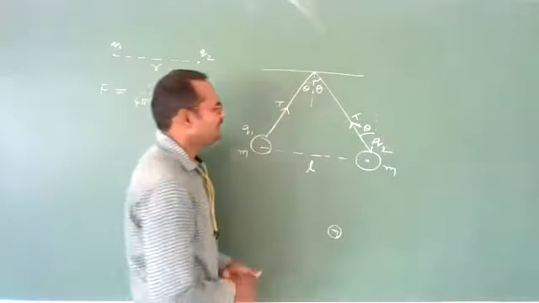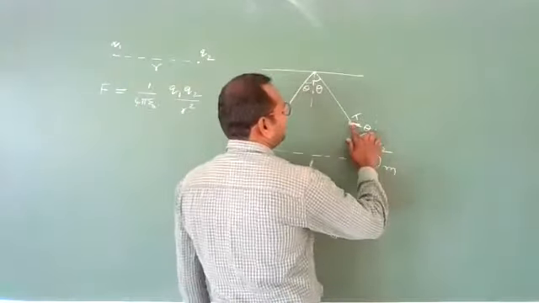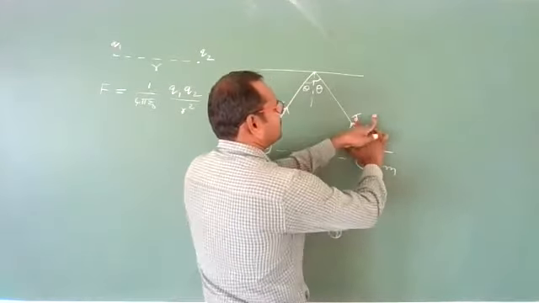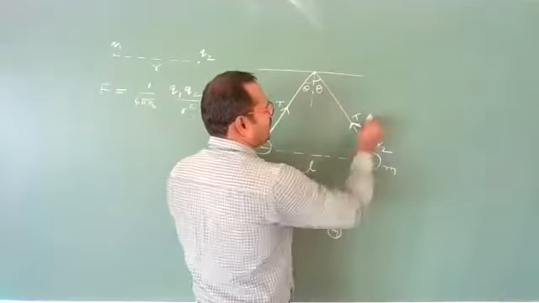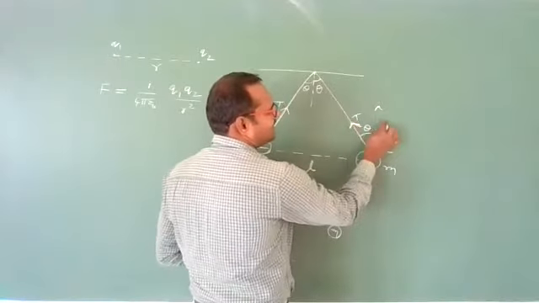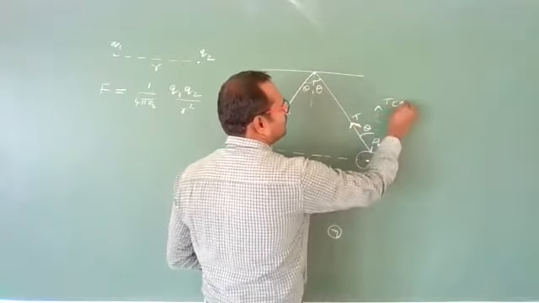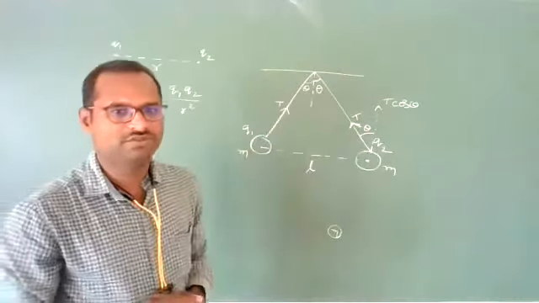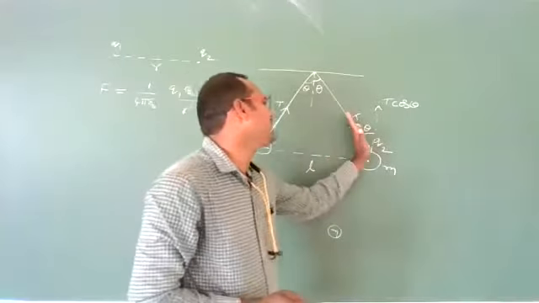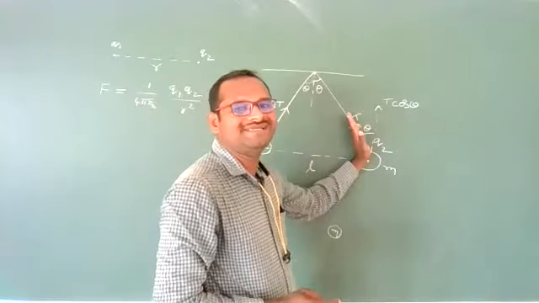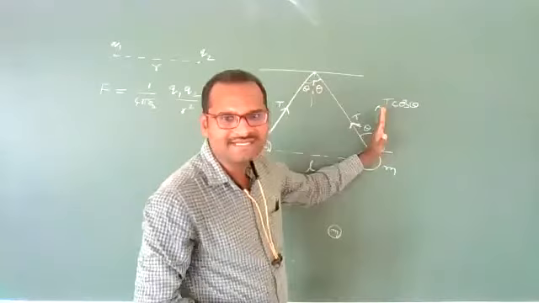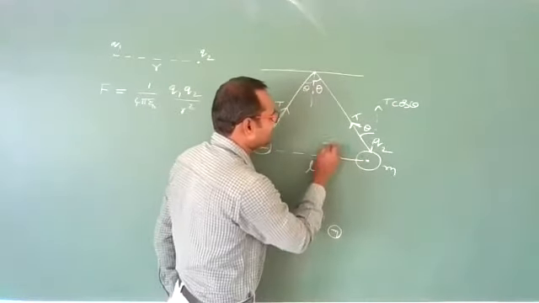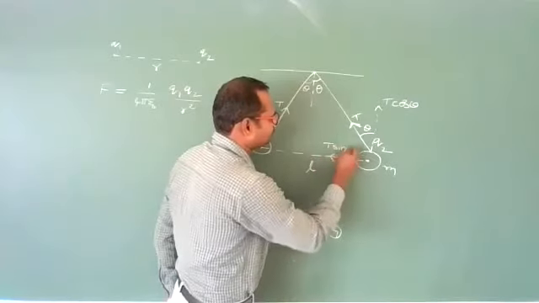Now this is tension and it is a vector. We can resolve this tension into two components like this. One component is T cos theta. You know this point about resolving a vector. This T can be resolved into two components: one is T cos theta, along the angle, and perpendicular to that, T sin theta. In this direction, T sin theta will be there.